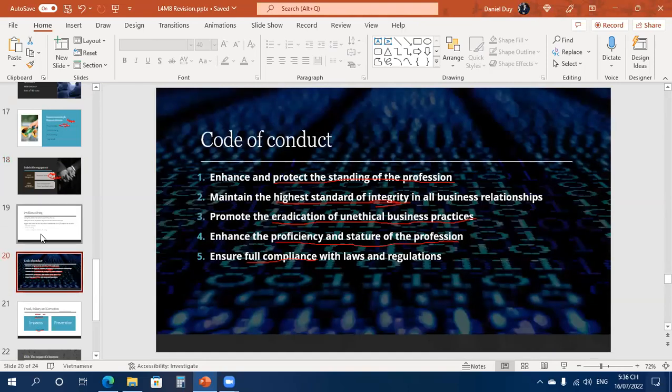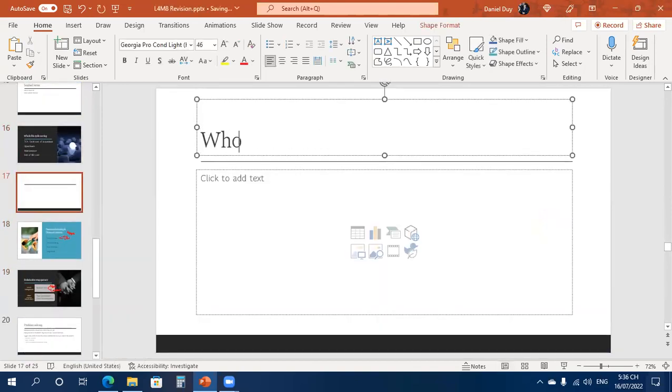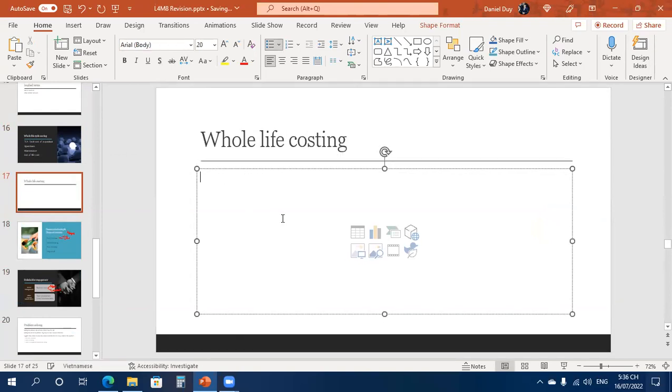Okay, I put it here. So we talk about a machine that we use in manufacturing, right? In manufacturing, we convert the raw material to the finished product. The raw material is a direct cost. So regarding whole life costing, it's not the cost of the machine. When we talk about whole life costing or the operating cost,